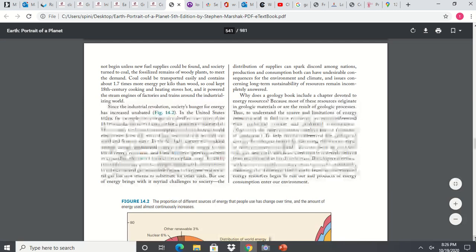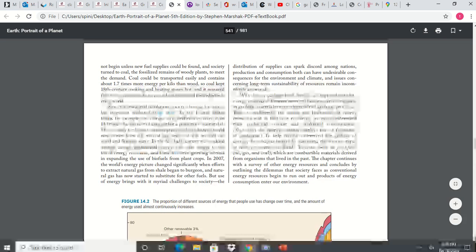But that also includes natural gas. It includes heating oil. It includes gasoline for your car. It includes kerosene. All those sorts of things come from basically the same place. They just happen in different ways, and that's what your book is going to talk about in more detail. Then, of course, renewable energy sources are ones that we get over and over and over again, and we'll get into those later in the chapter.